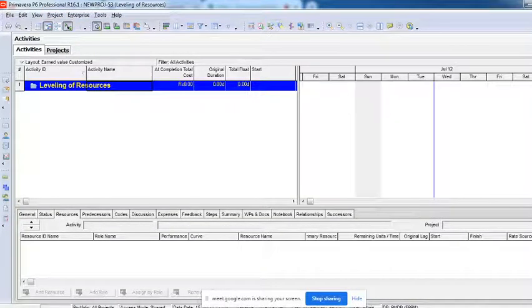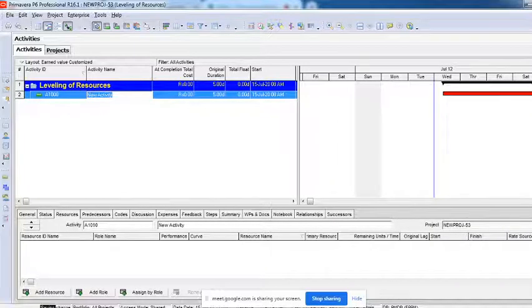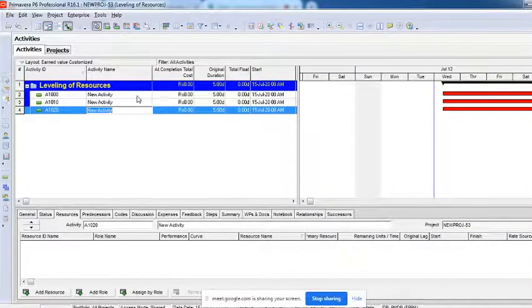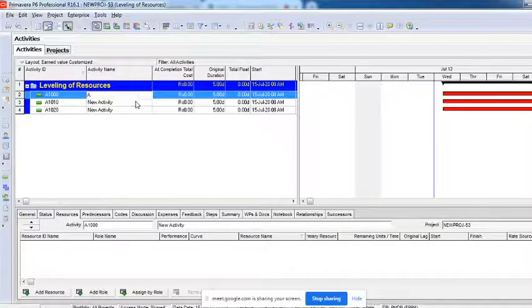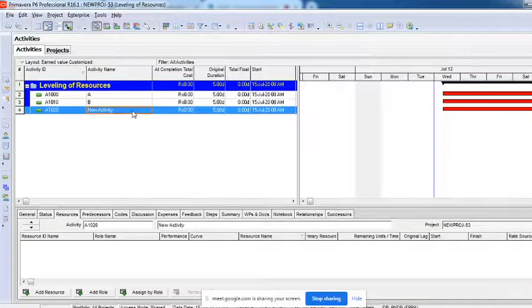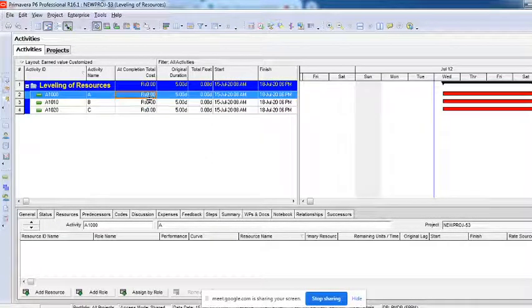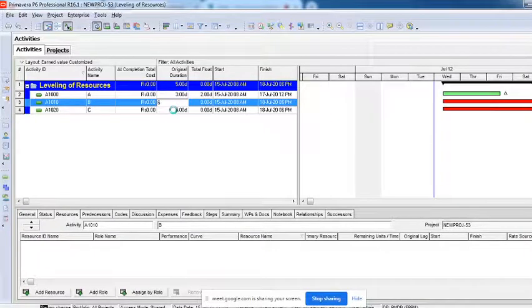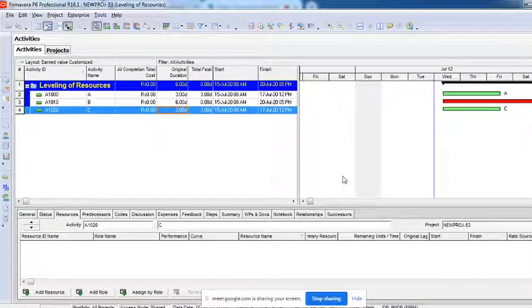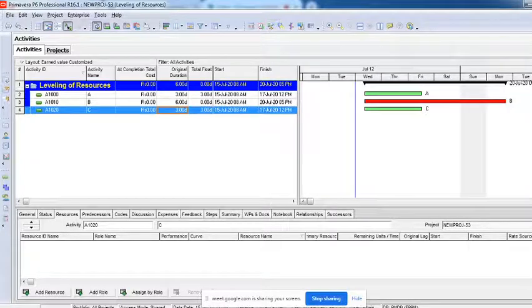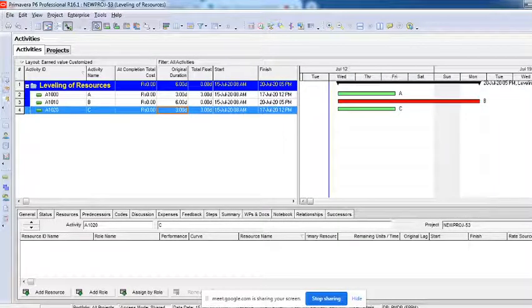You can see here I have created 3 activities. The simplest way to understand this is, I have created 3 activities here: activity A, activity B, activity C. I'll just give some durations. This is 3, this activity is 6, this activity is 3. The simplest example to understand. You can see this, right?